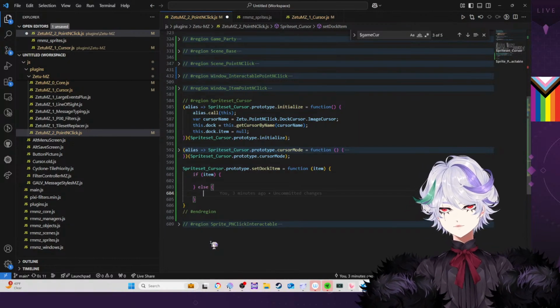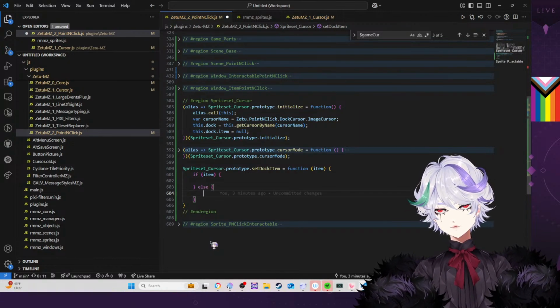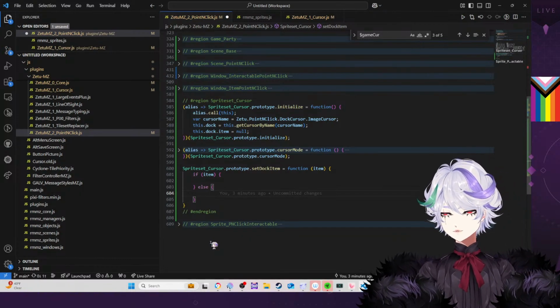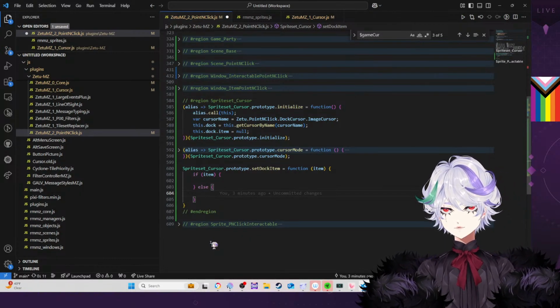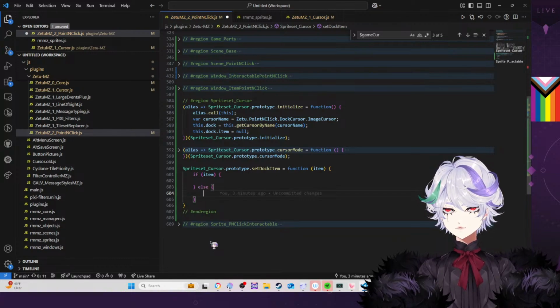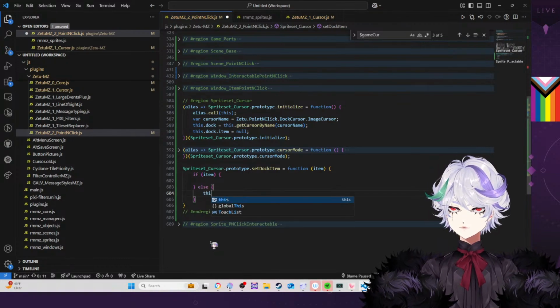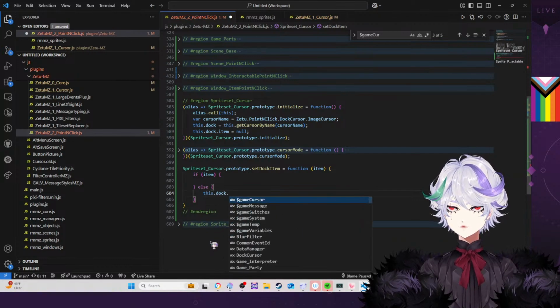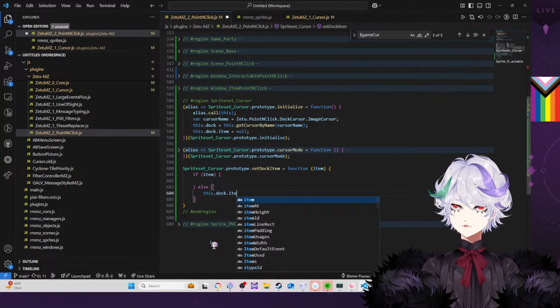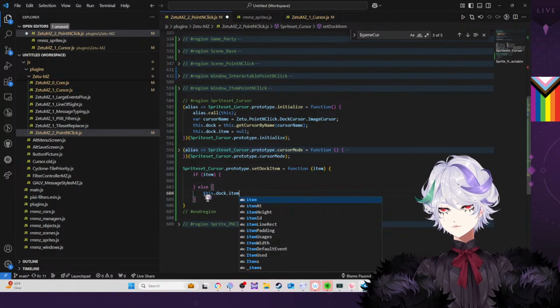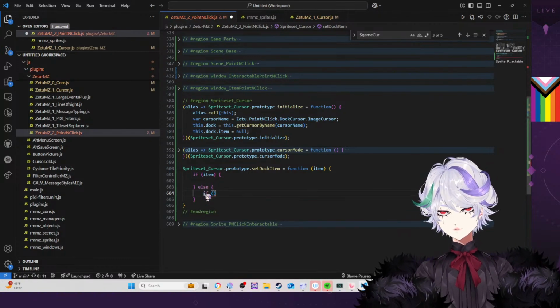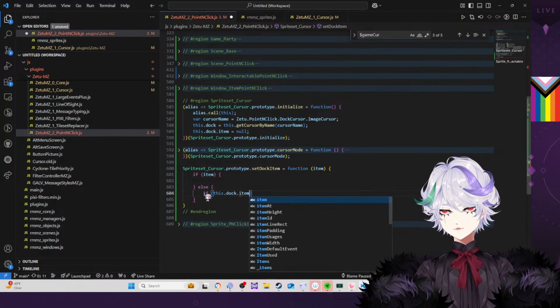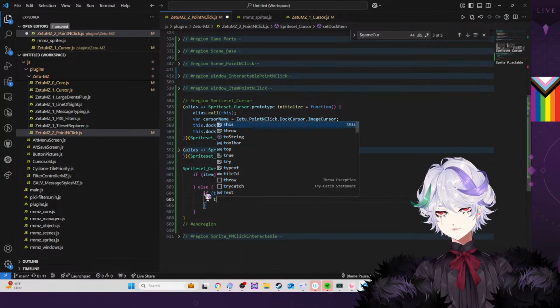So, else, if there is no item, or it's null, then what we need to do is this dock dot item, or if this dock item, this dock